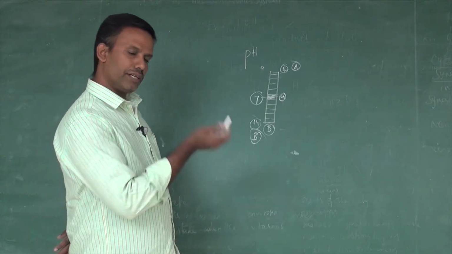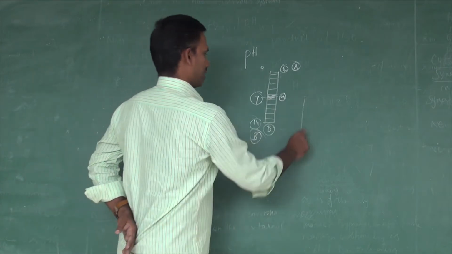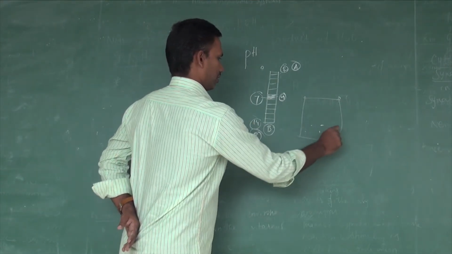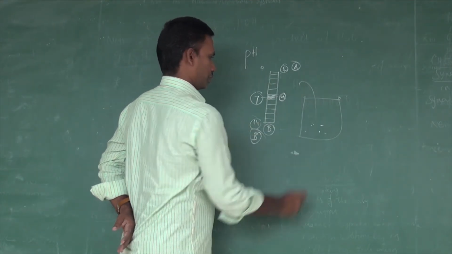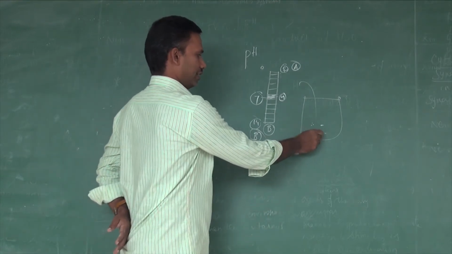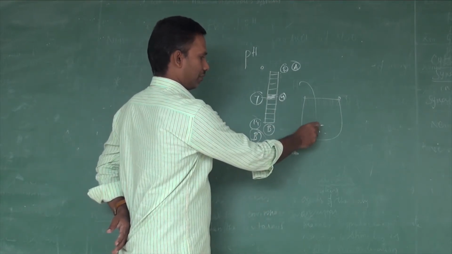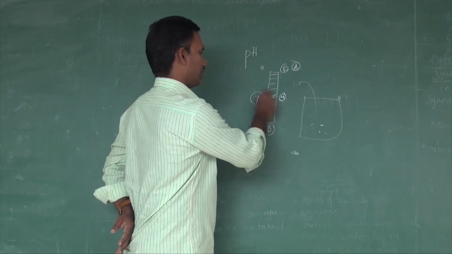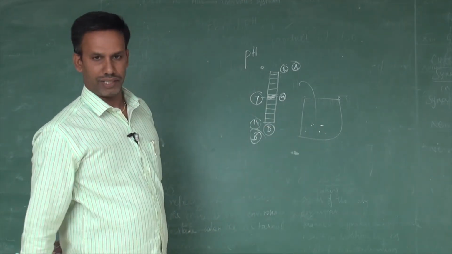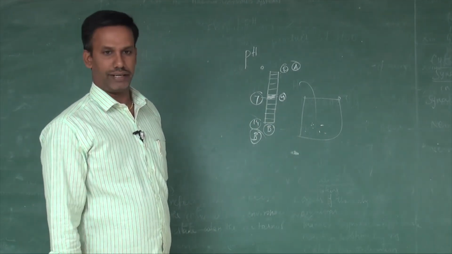In the same way, there is pH solution. When the test sample is taken, you have to pour the pH solution. There will be a change in color. After observing the change in color, you match it and find the pH. This is a pH indicator.